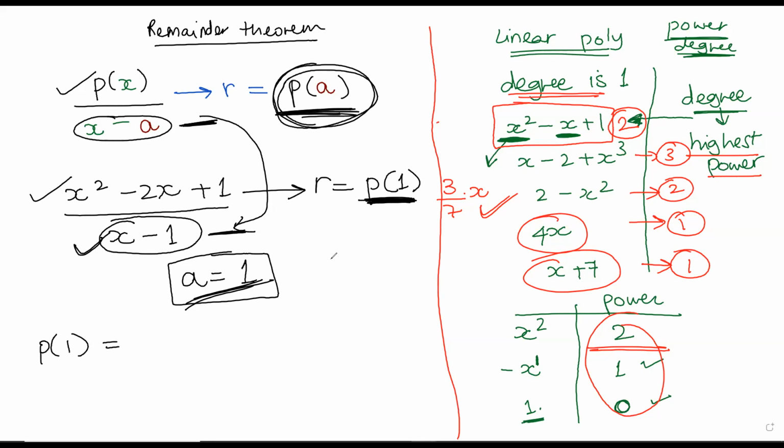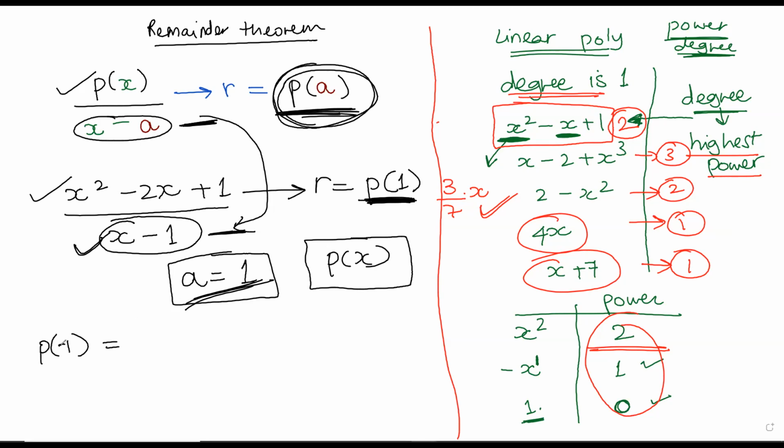So Mridula, what is P of x over here in our case? What is P of x? Can you identify it? Can you identify P of x? No, ma'am, I don't know. Hamna, what is P of x over here? Hamna, are you there? Ma'am, x square minus 2x plus 1.